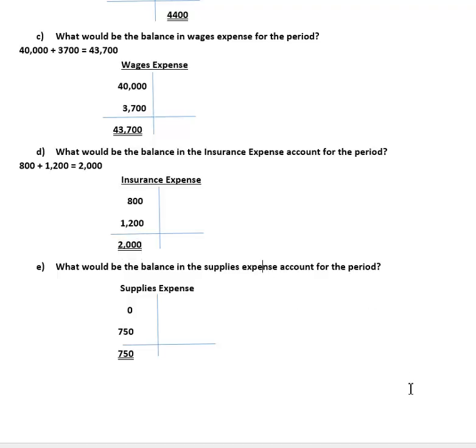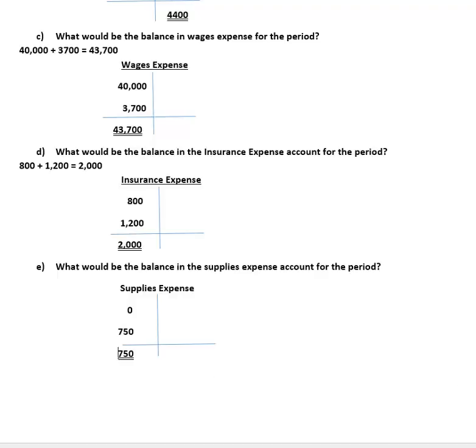And supplies expense. Don't forget, the question told us that we started with nothing in supplies expense. And during the year, if you go back to our first entry, you'll remember that we debited supplies expense for $750. So we should see in the adjusted trial balance and in the income statement